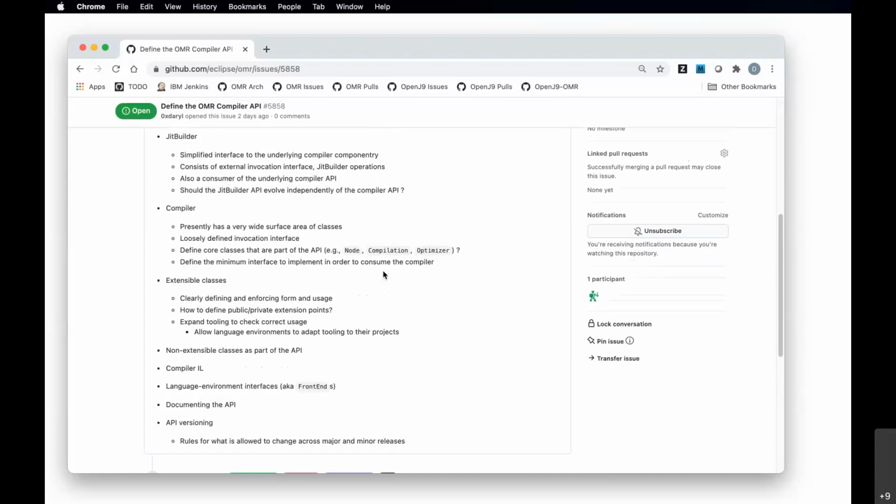And can we detect that at build time and perhaps raise an error? So yet another aspect of something to possibly architect into an API.